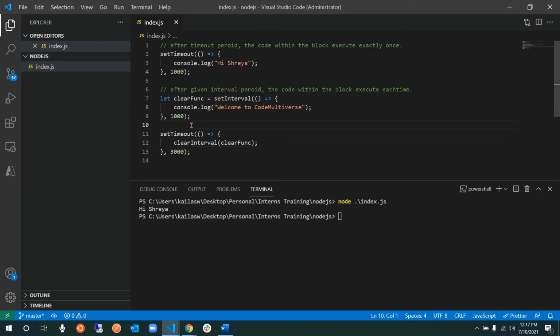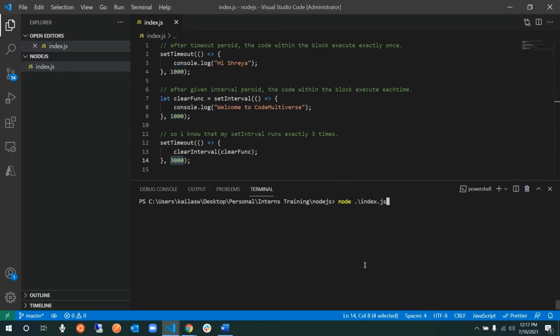I know that my set interval runs exactly 3 times, because it is running at the interval of 1 second and I'm running it for 3 seconds, and after that I'm clearing it.